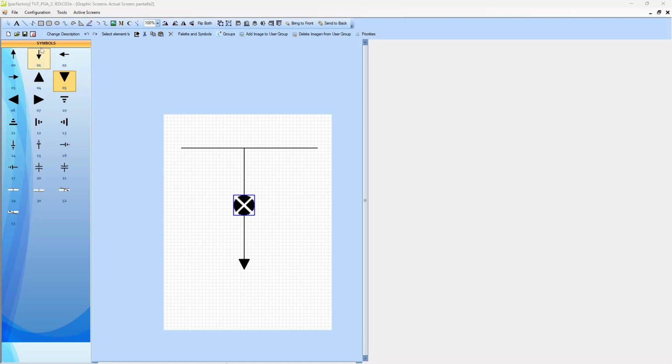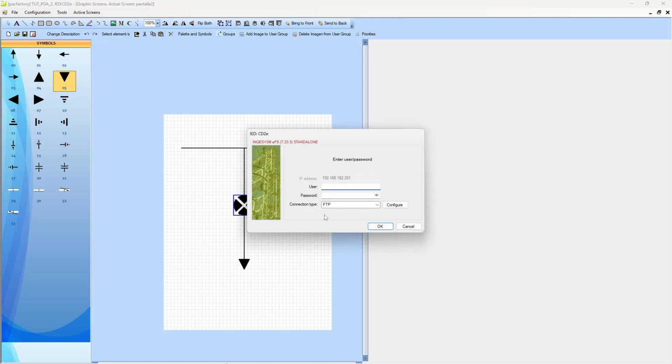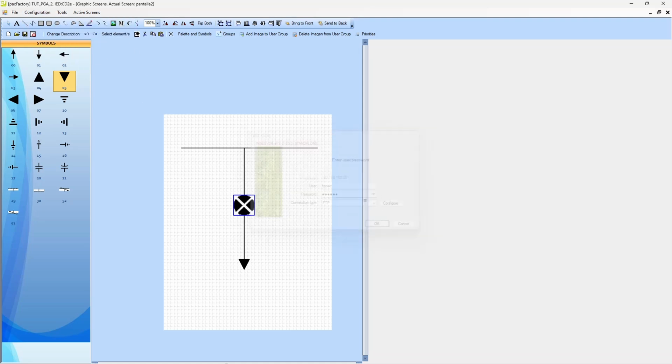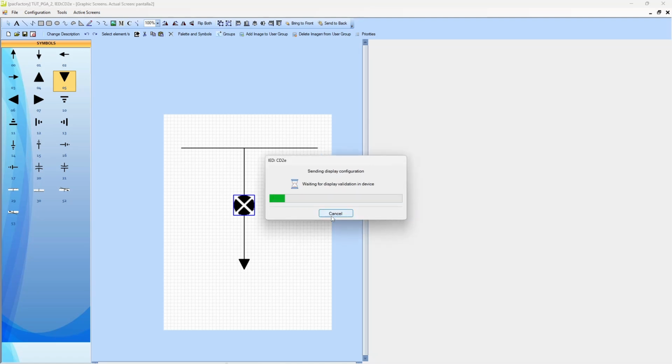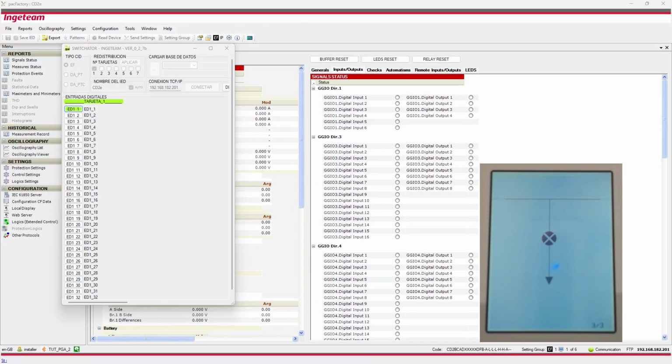We will upload the configuration to the device by clicking on the Tools tag in the toolbar, which will let us establish an FTP communication to the IED to which we will send the local display's configuration. Then we will carry out some tests to check how the image of the active element adjusts to the status of the assigned breaker model data. As it can be seen, the representation of the breaker adjusts to the status of it, which is perceived by the IED via the first two digital inputs.